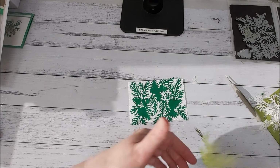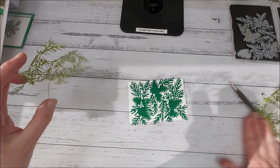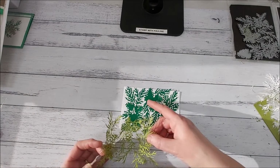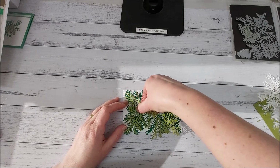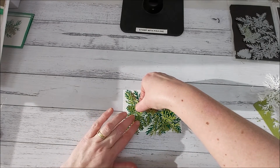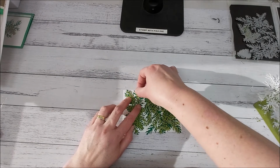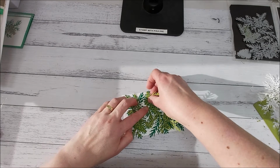There we go. All right, so now what we need to do is work out which way it has to go onto the die. So I've got an acorn there, there and there, so it's going to go about like that size. All right, so it's going to go there. I'm just going to gently lay down the acorn over there, and it is meant to give it like a two-tone effect. All right, so don't feel that if it's missing,